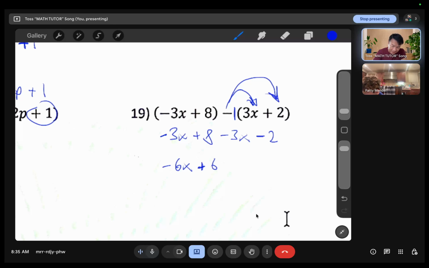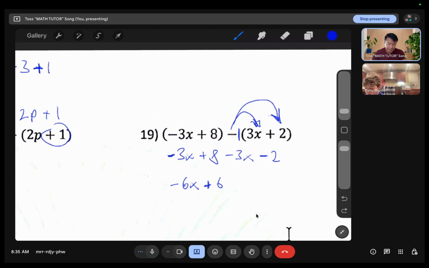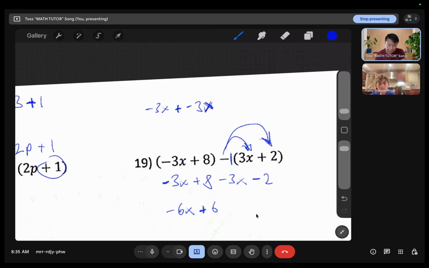I know you were a little hesitant about this right here. You got two negative x's, negative 3x and negative 3x. If you were to add their like terms, the negative belongs in front of them. Therefore, yep, it's negative 6x, like a negative 3x plus a negative 3x. If you need to see the plus in between them,